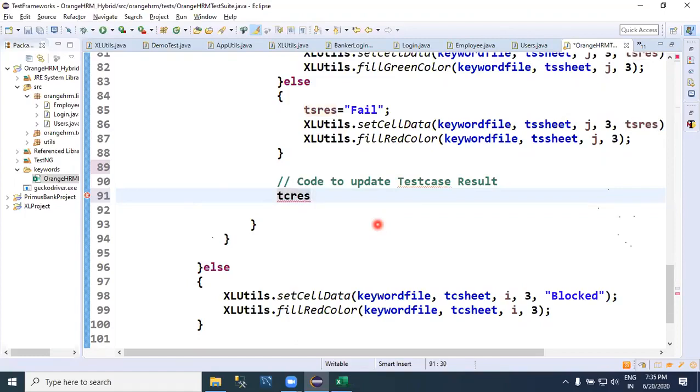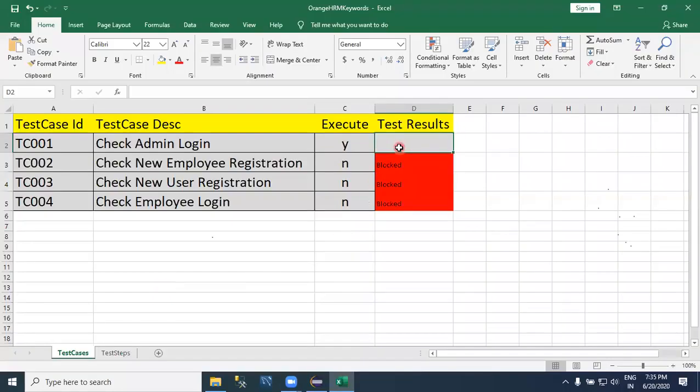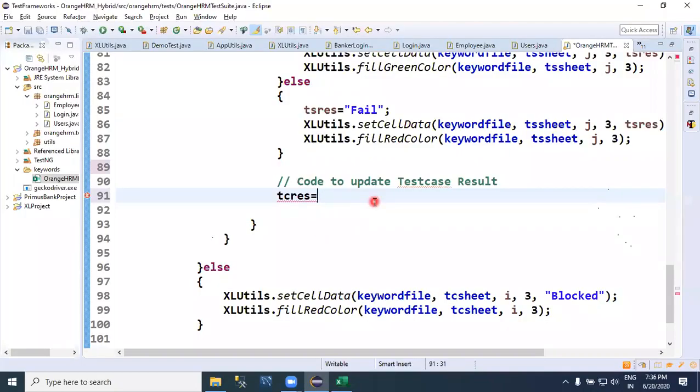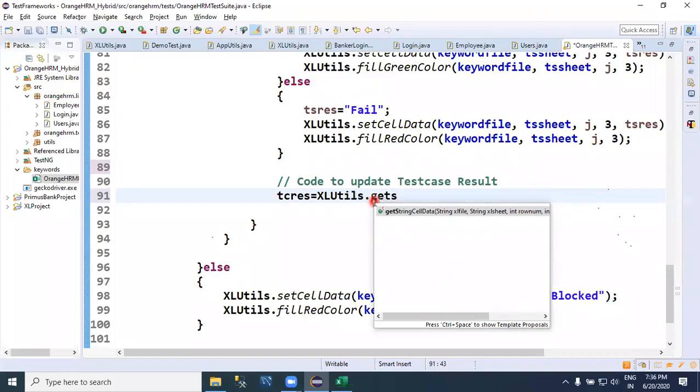Only we have declared a variable. First, whatever the default value available here, that I'll take into that variable. So TCRES equal to Excel utils dot get string cell data,